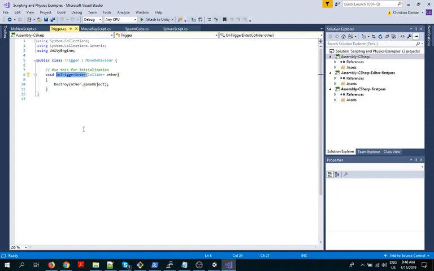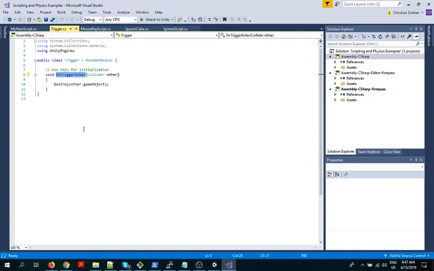And by the way, there are a bunch of rules. Not just any object intersecting with the trigger is going to set it off. It needs to be a physics type object of its own. In the manual, there's a nice little table that says what kind of objects will set off triggers and other ones. So if you're beating your brains out because it's a trigger and you wrote the script and nothing's happening, probably the object that's coming in is not of the right type. So be sure it's configured properly.